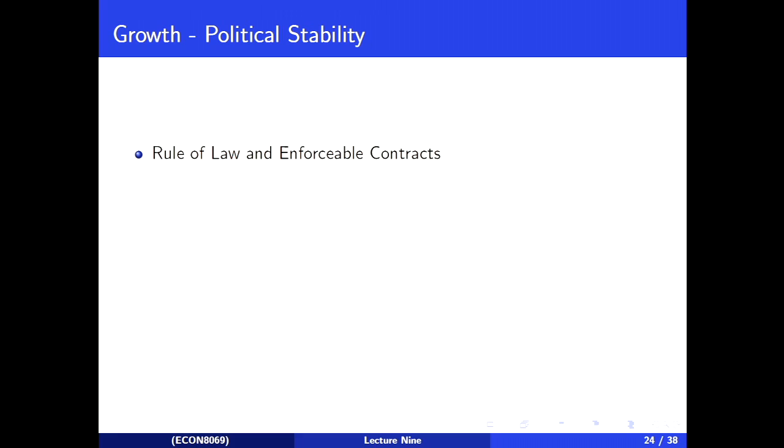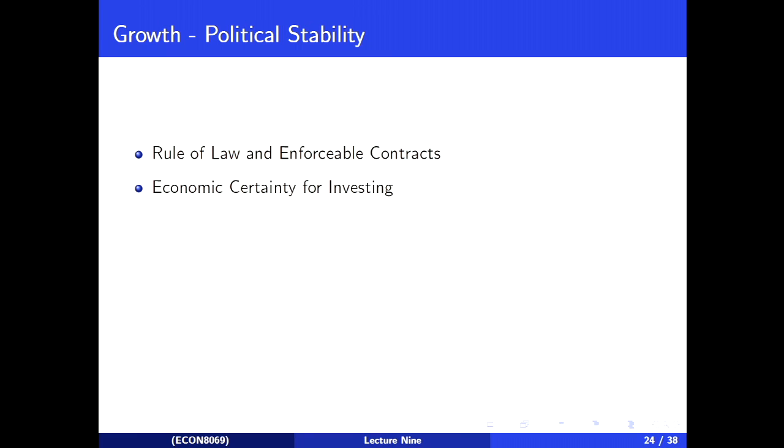This is going to be one of the key things here. So we need rule of law, enforceable contracts to drive that long-run growth, to drive growth at all, any kind of growth. This is going to be what's lacking in a lot of the developing countries that aren't growing. What we're lacking is the rule of law and enforceable contracts. It's helpful to have a notion of economic certainty. Again, if there's a revolution in your country every 5 years, then no one's going to invest, because if you invest stuff, then you know that in 5 years' time, the government's going to appropriate it in the next revolution. Right? So why would you bother investing?